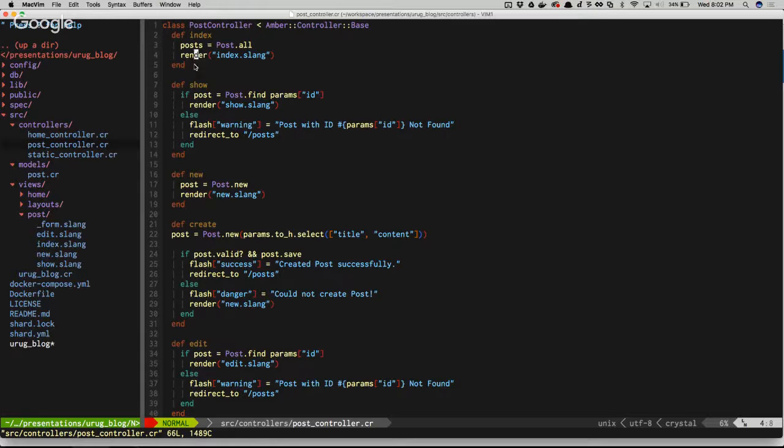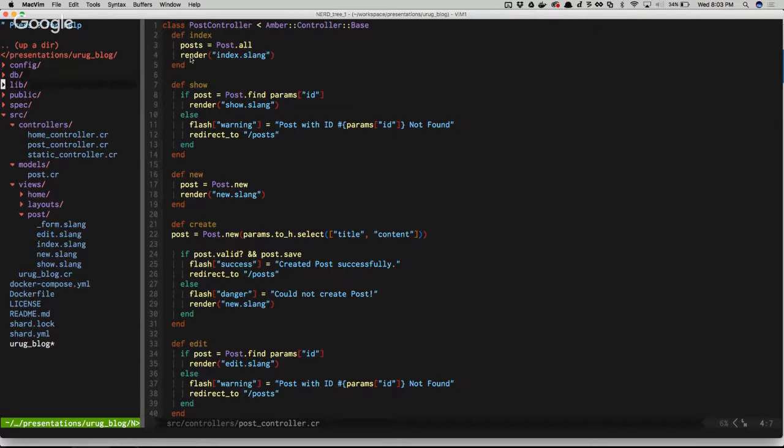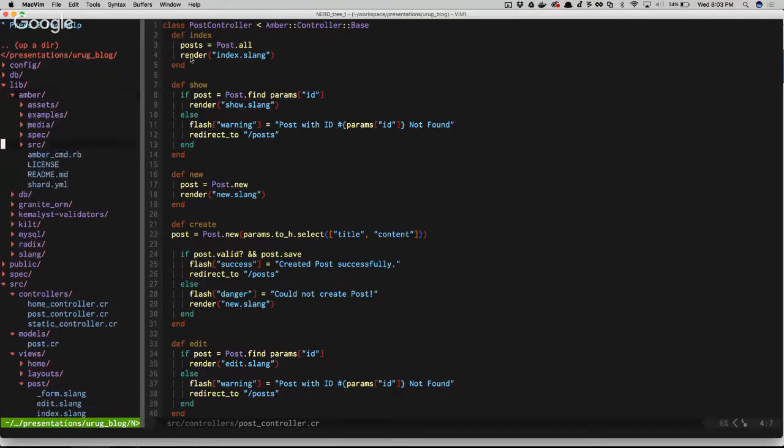Because this looks like a function, but it's actually a macro. And what a macro does is create code at runtime. Unlike C and C++, where your runtime calls look nothing like your language, in Crystal they've done a pretty good job of making the libraries for macros and the library for the actual Crystal language look really similar. If we were to go back up here and look at Amber, we could look at the helpers.